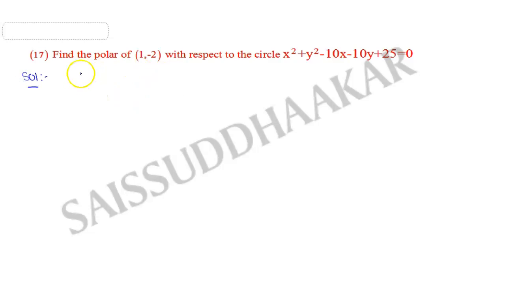Let the circle be S is equal to x square plus y square minus 10x minus 10y plus 25. Now the point we are taking is P, 1 comma minus 2. So equation of polar